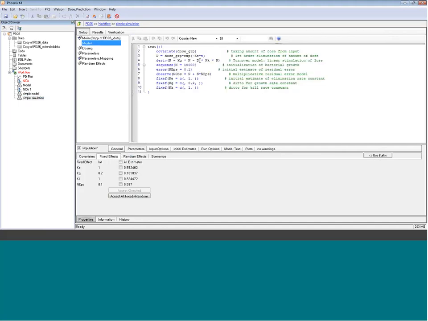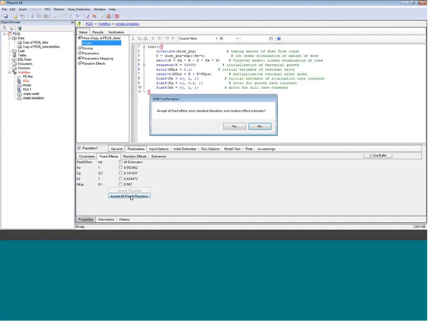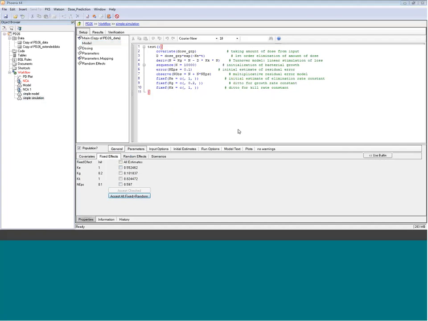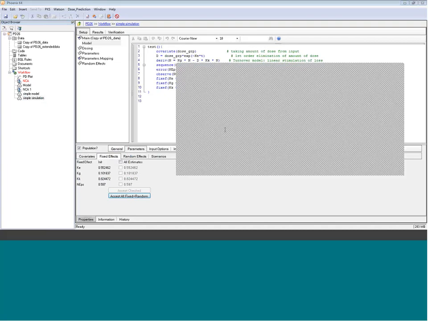Here's the model once again. These are still our initial estimates, but these are the fitted estimates. So you need to accept all fixed and random, so you get the true numbers in your model incorporated. So that's it, but we need to take care of the description of the PK, because we have to account for accumulation, and this I'll just take from